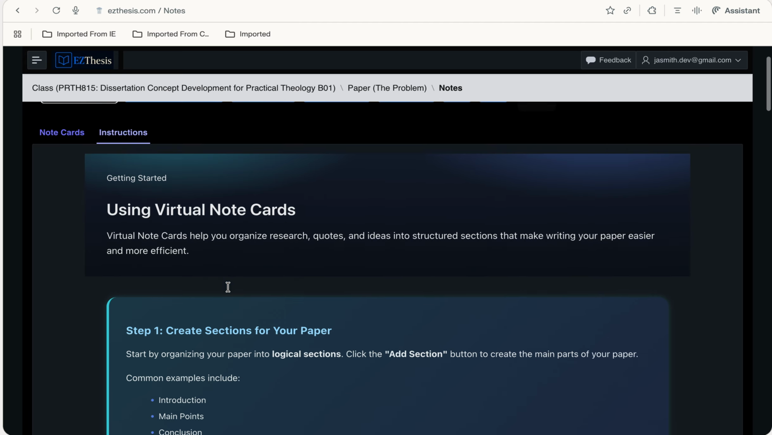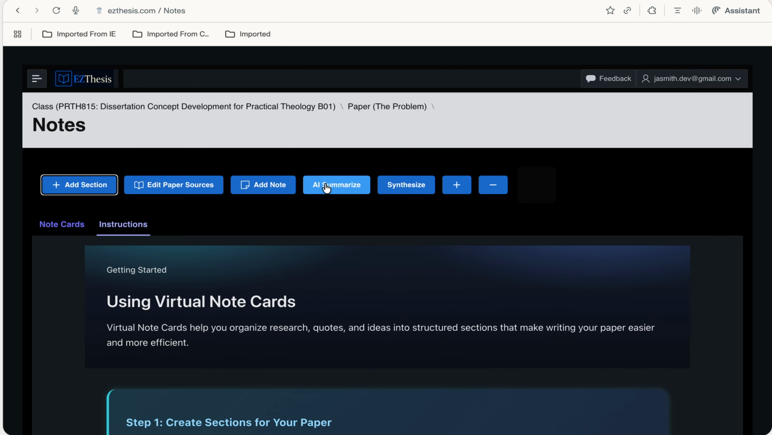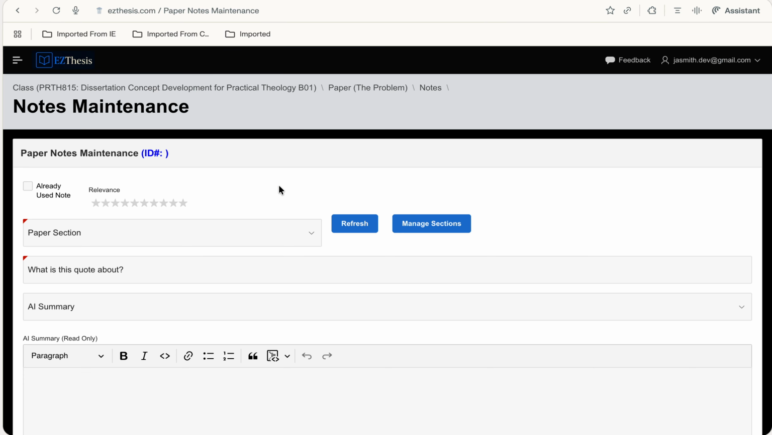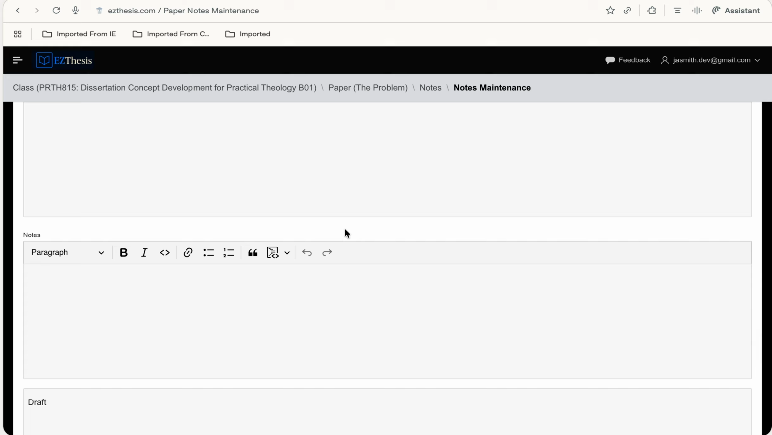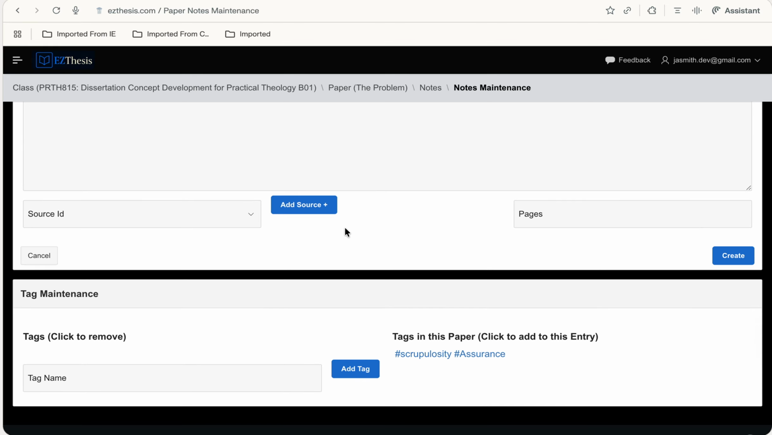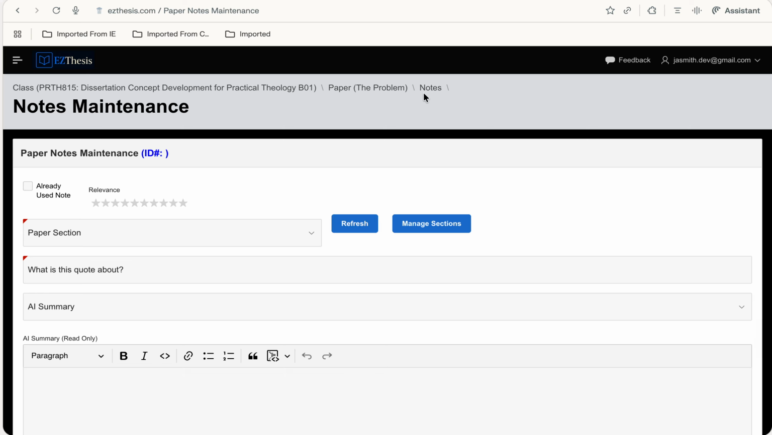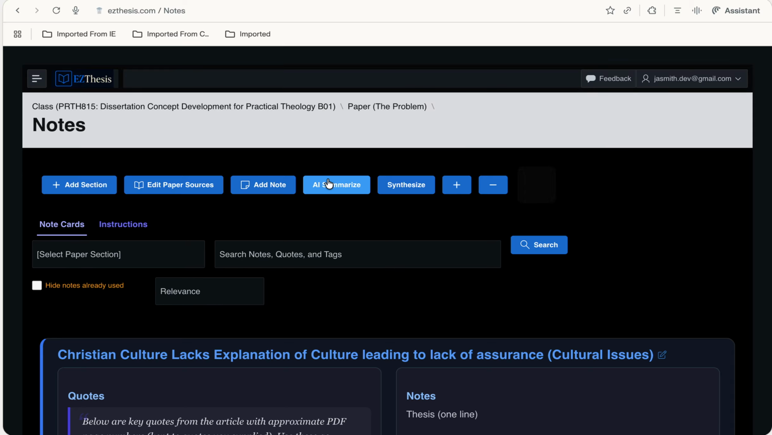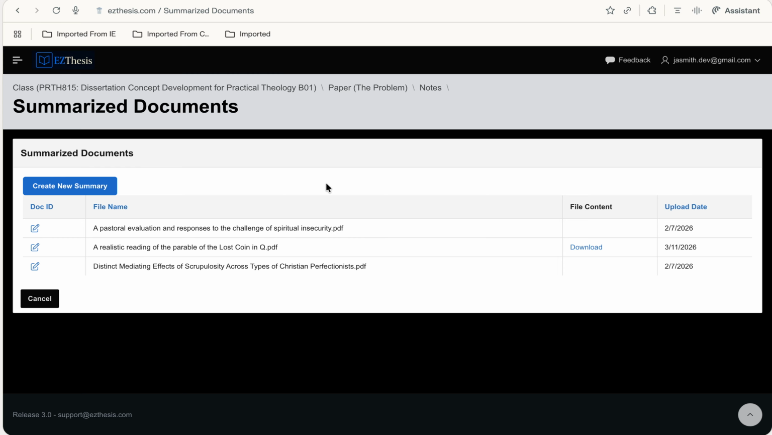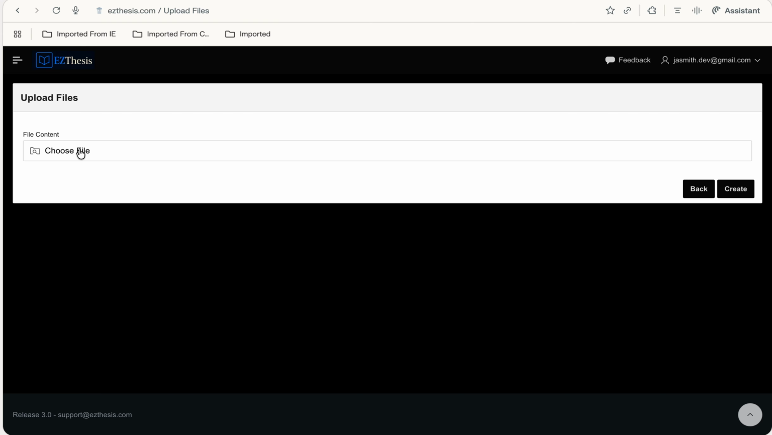But let's go to AI summary. Well, first, let me show you just add note. This is all this information that can be added in to your note card. As you can see, it's blank and it's not pre-populated with information. But if we go back and we go to AI Summary, I have some sources right here that I uploaded. If I go to Create New Summary, it gives the option to choose a file,